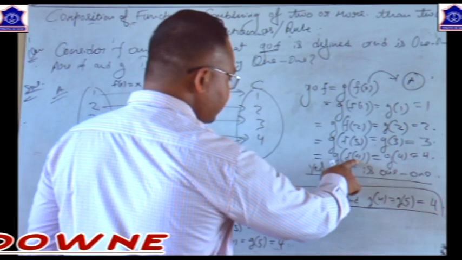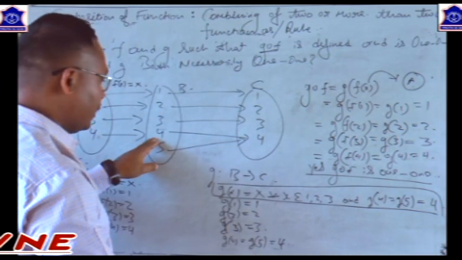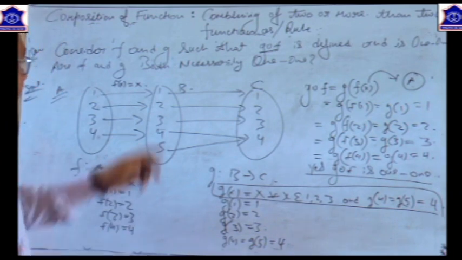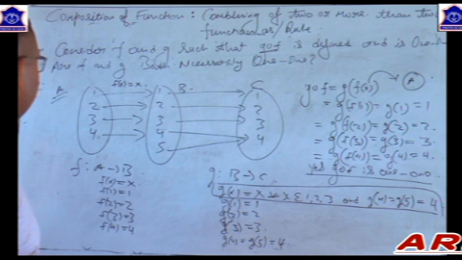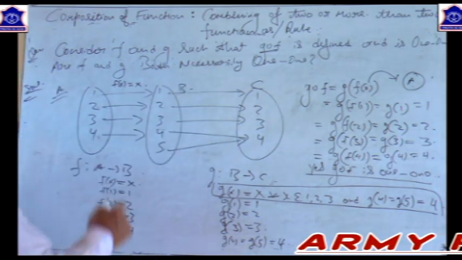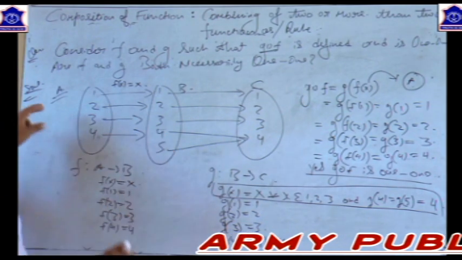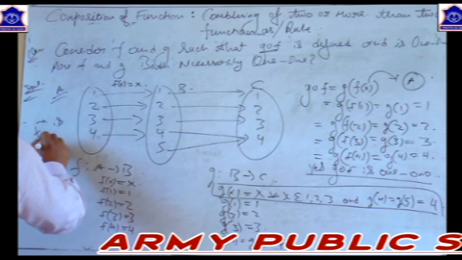So talking about the fourth element of f function, that is f(4) का जो इमेज है वो है 4, और g of f(4) equal to 4. तो yes, it is 1-1 function. तो gof composition function, that is gof function is 1-1. अब ये चेक करना है कि f और g जो है ये क्या 1-1 है. तो f फंक्शन की बात करते हैं. 1 का इमेज 1, 2 का 2, 3 का 3, 4 का 4. Yes, f function is 1-1.